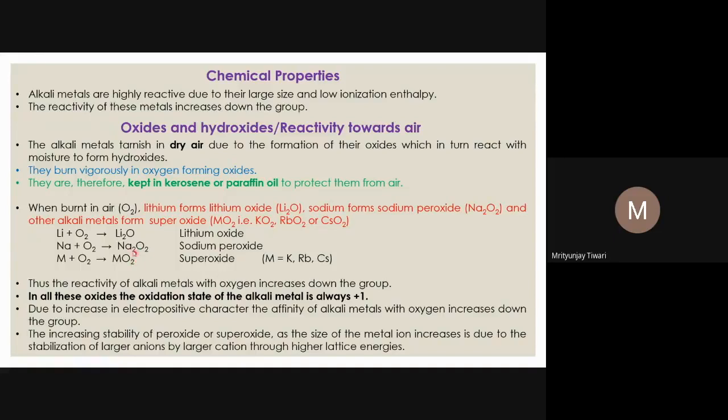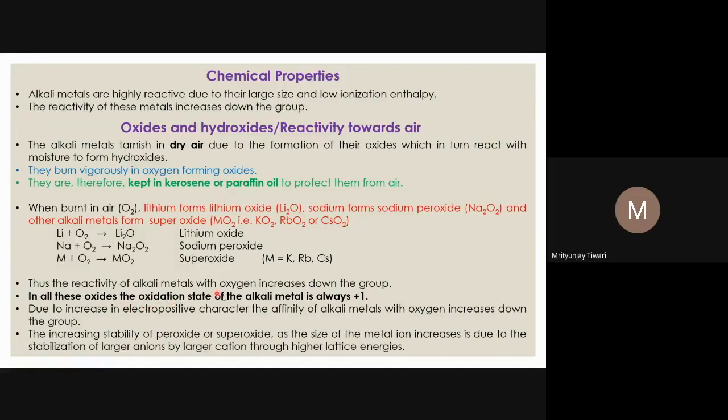We call that superoxide. Here two sodium atoms are there, so there will be two plus charge, and that will be balanced by two oxygen atoms. Here, two lithium atoms, and each atom has +1 charge. So two positive charges, which means two negative charges must be there on oxygen to make the entire molecule neutral, which is the oxide. So this is how we interpret it.